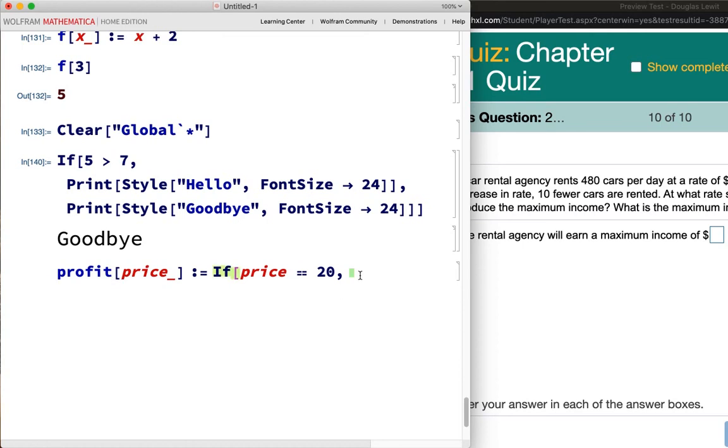Then my profit is going to be 480 times the price. Now, if the price is bigger than that, and this price is going to have to be, price is greater than or equal to $20. If the price is greater than that,